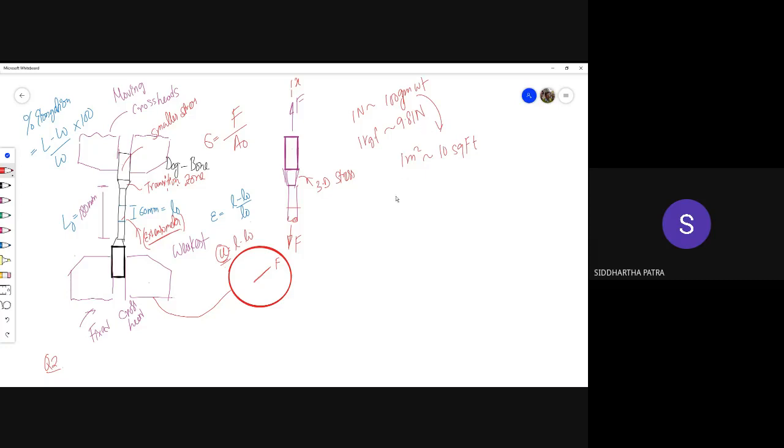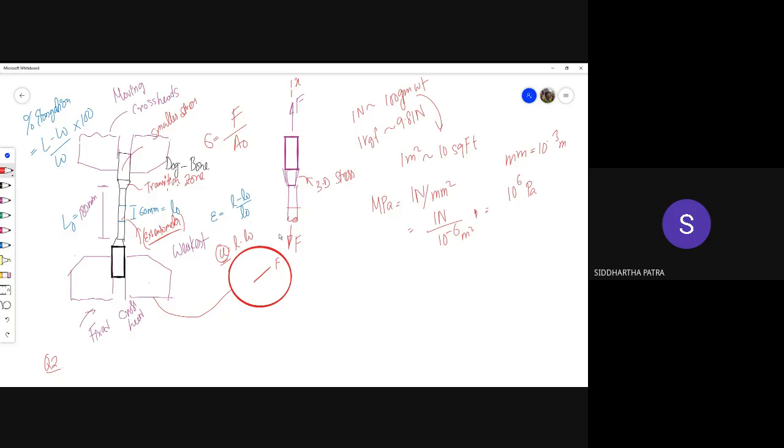So a standard unit for stress should be megapascal, which is 1 Newton but per millimeter squared. You know millimeter, right? 10 to the power minus 3 meter, which basically means this is 1 Newton by 10 to the power minus 6 meter squared, or 10 to the power 6 Pascal. That's the reasonable unit for stress. Achha.